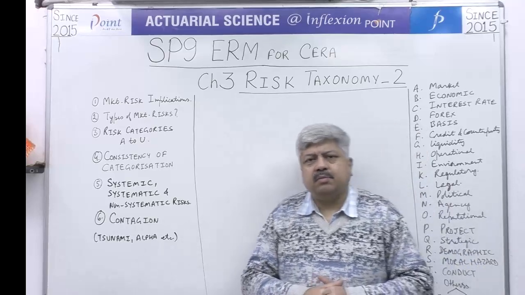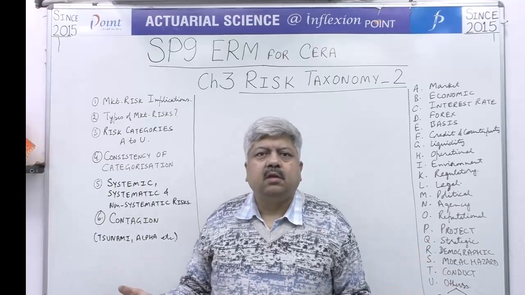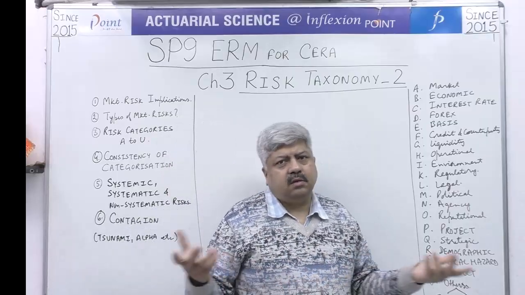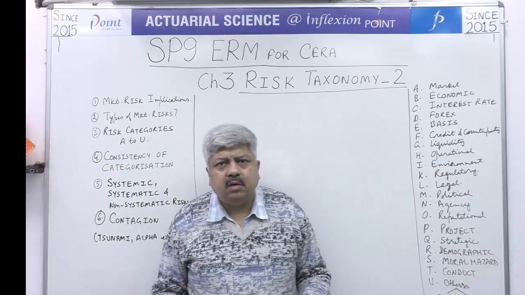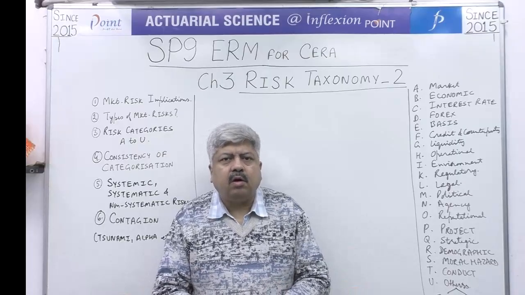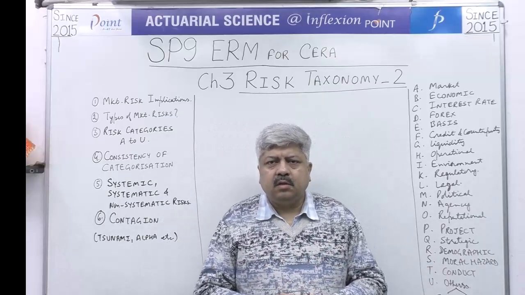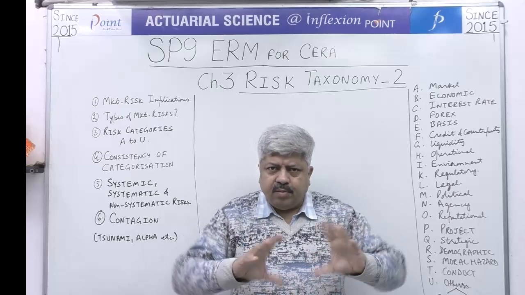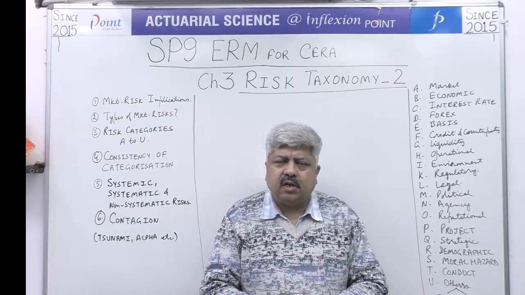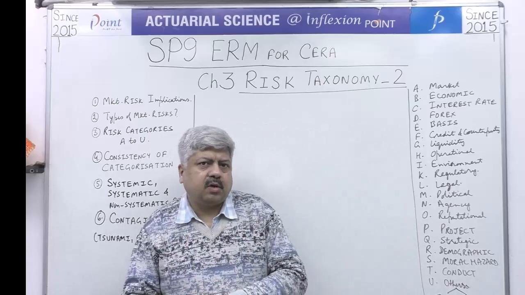Is it an economic risk or a market risk? Again, it depends. You choose to focus on origin. What factors lead to interest rate fluctuations? What causes interest rate fluctuations? Then it is the forces of the economy as a whole. It is a product of economic forces plus government policies. Of course, government intervenes depending upon which way it wants to nudge the economy. So it is a combination of the decision of the government plus the overall economic scenario. So if you focus on origin, it is no doubt it is an economic risk.